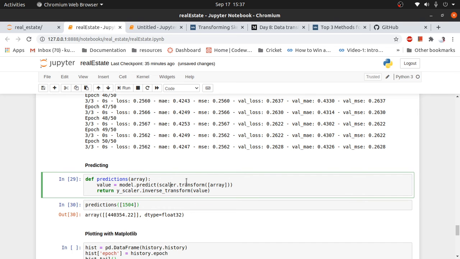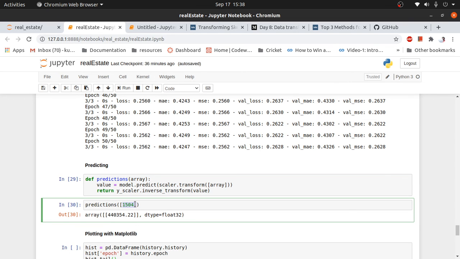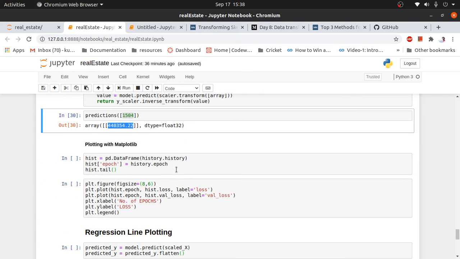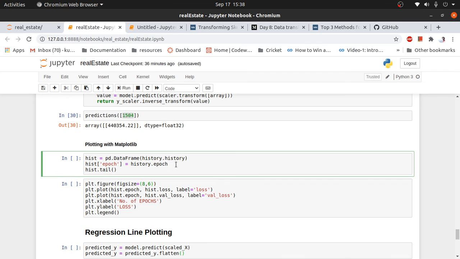We transform this into X values, get the prediction, store it in the value variable, and then inverse transform the Y value that we got. So we have a prediction for a real estate of size 1504 square meters: the price would be this much. We have trained our first deep learning model for the regression problem.